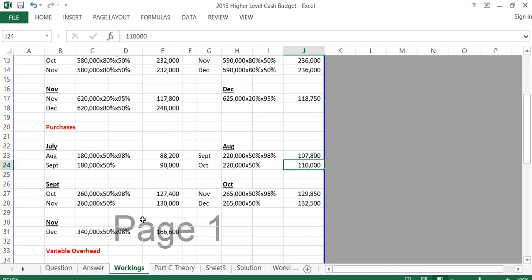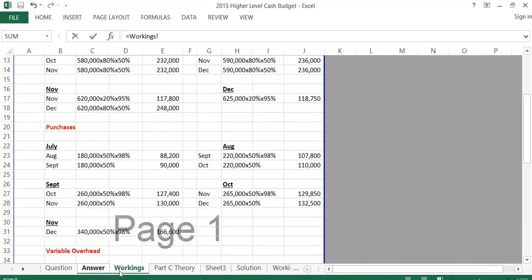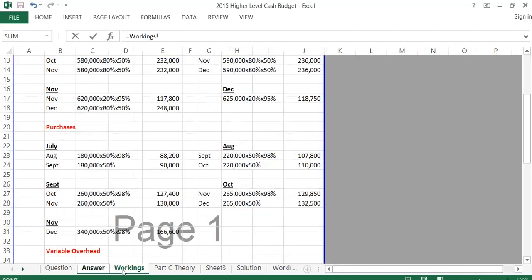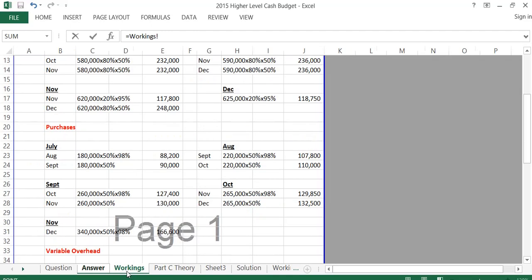So again, I think there's no need to work through the rest of those, they're all done the same. So I'm just going to fill these in here. So in August, for my July purchases, I'm going to pay 88,200. In September, it's going to be 90,000. Then in September, I'm going to pay